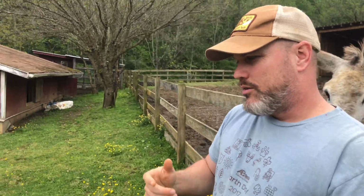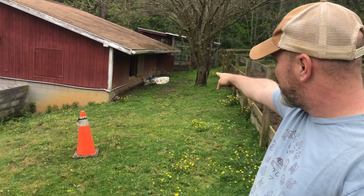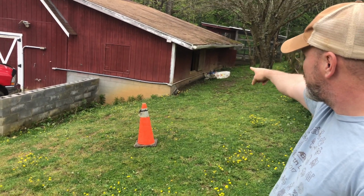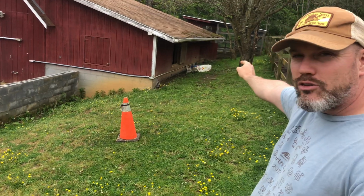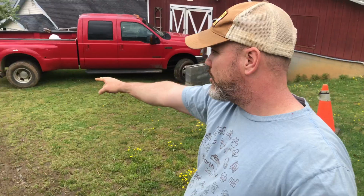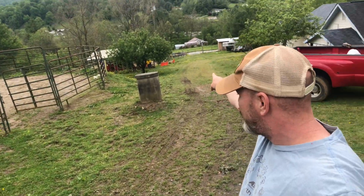So I was feeding the horses up here, and I don't know if you can notice, but in between the fence and the barn there, that white square is an archery target. Now normally the archery target is way down there in the riding ring, and I was like, that's a little weird. And now my daughter was down feeding the pigs, and I looked down towards my garden, and I noticed